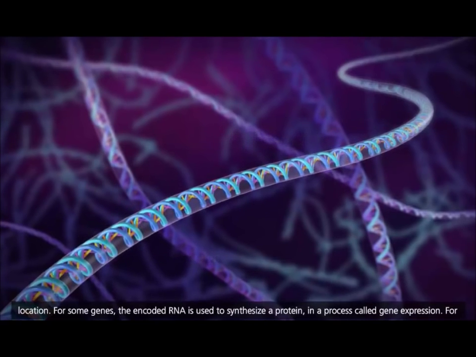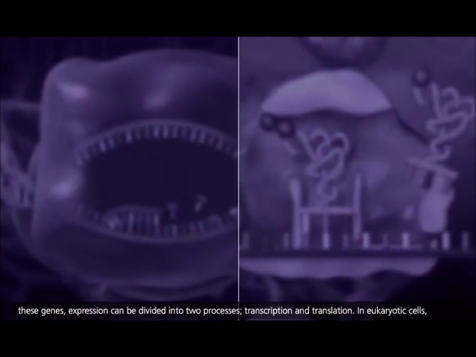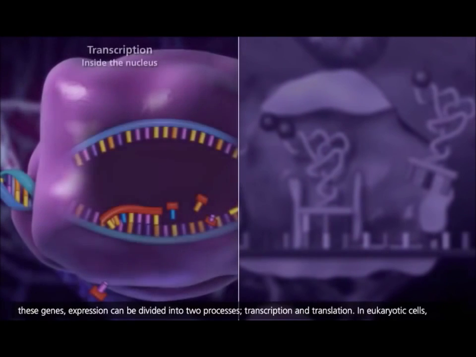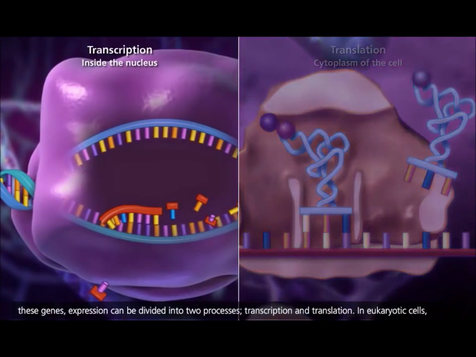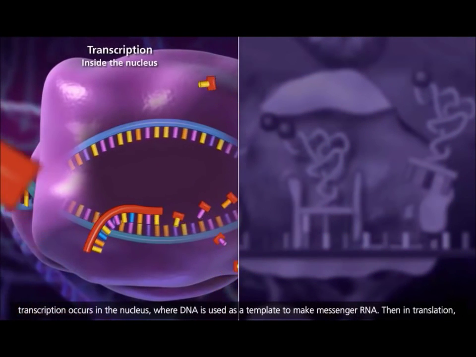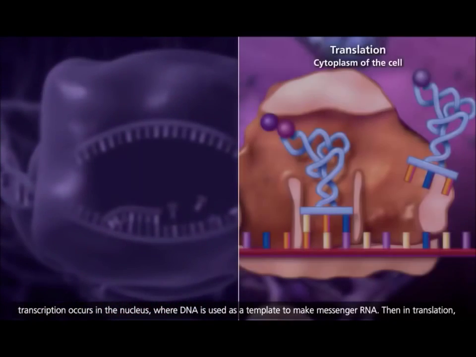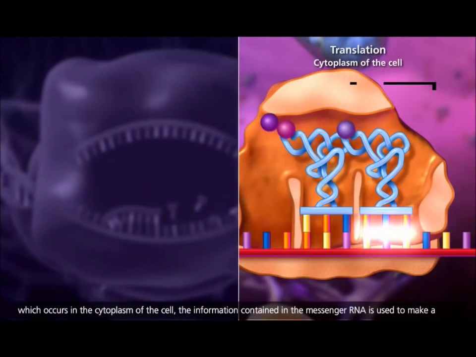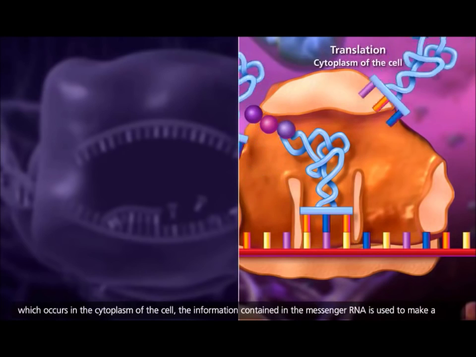For some genes, the encoded RNA is used to synthesize a protein in a process called gene expression. For these genes, expression can be divided into two processes: transcription and translation. In eukaryotic cells, transcription occurs in the nucleus, where DNA is used as a template to make messenger RNA. Then in translation, which occurs in the cytoplasm of the cell, the information contained in the messenger RNA is used